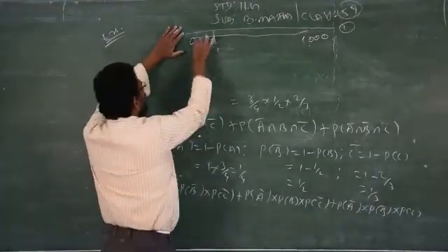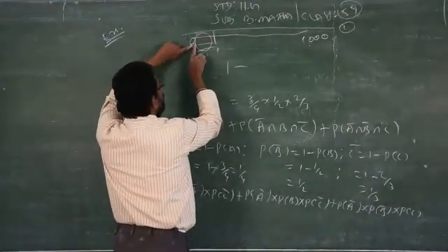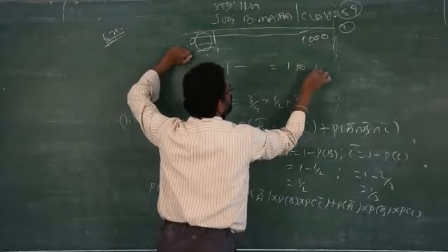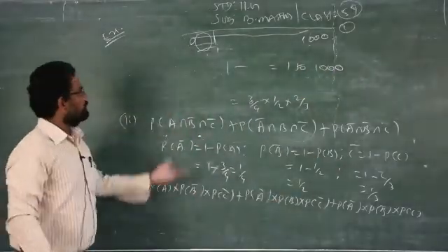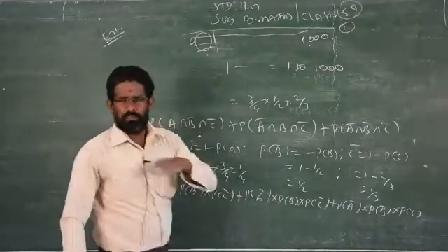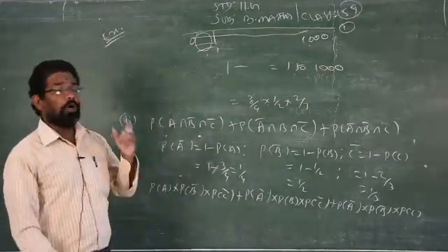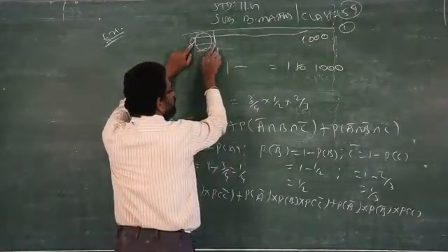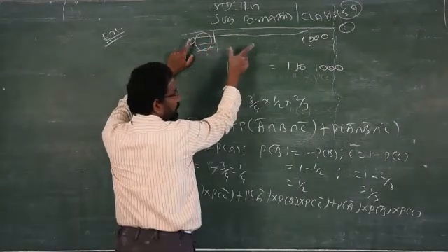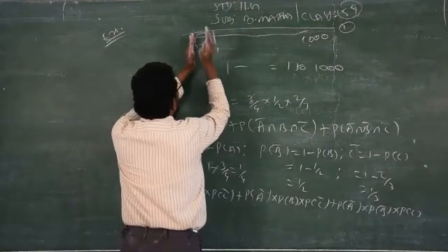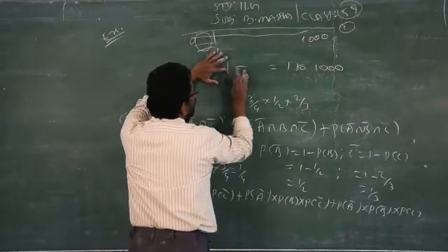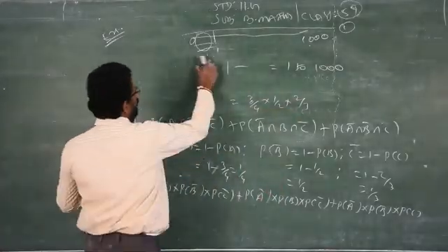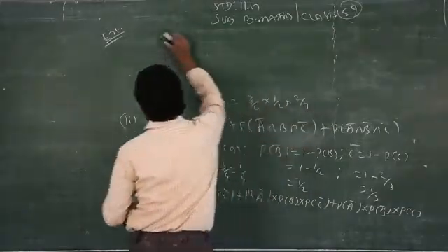So it is better to subtract the probability from 0 to 1 from the total, and I can easily get the answer for 1 to 1000, isn't it? Are you clear? To find from 1 to 1000 directly, the calculation will be tedious. To avoid that problem, on the number line I don't want that probability from 0 to 1 for the event, just as an example, don't confuse. If you subtract these from 1, then I can easily get that probability from 1 to 1000. This is for example, clear? This concept you may study next year in probability.